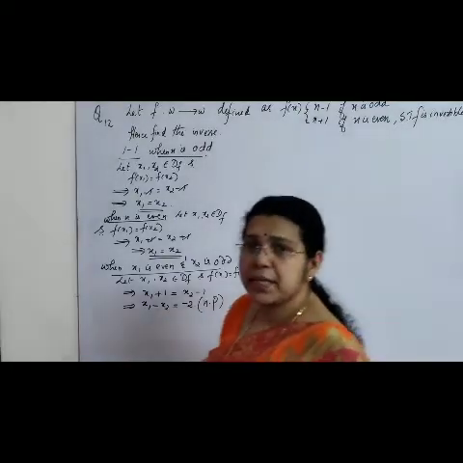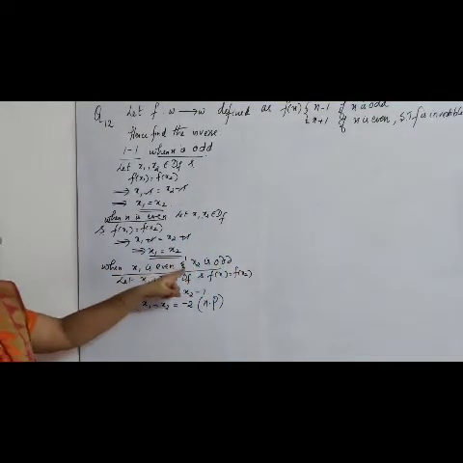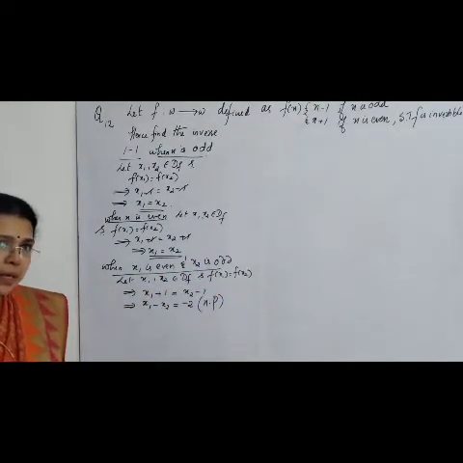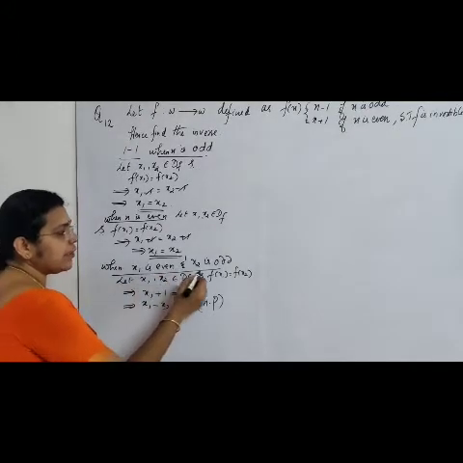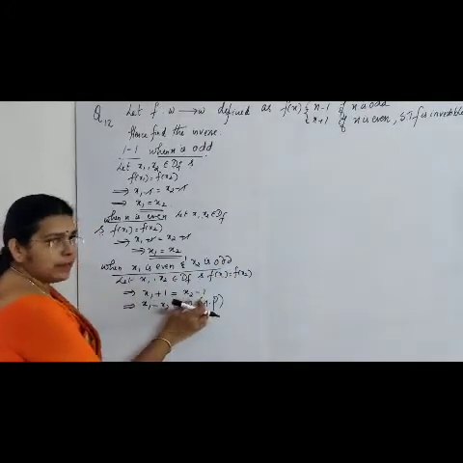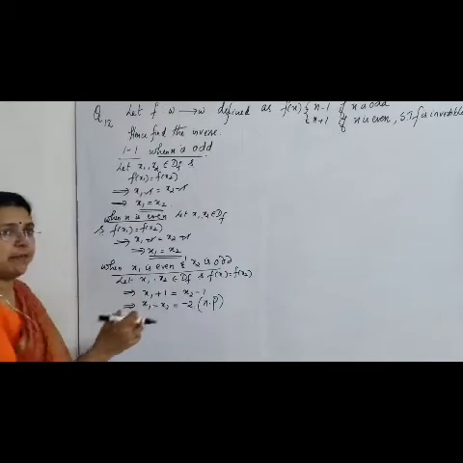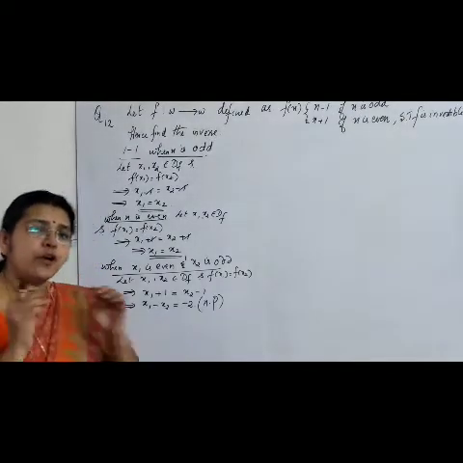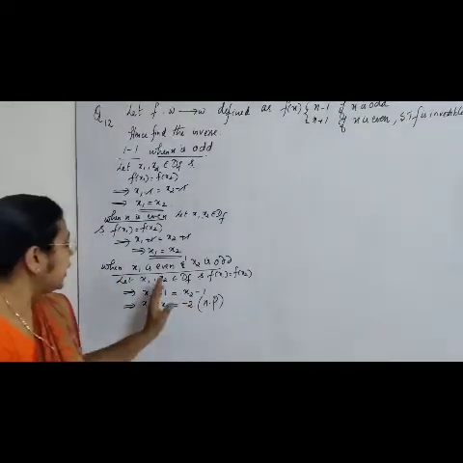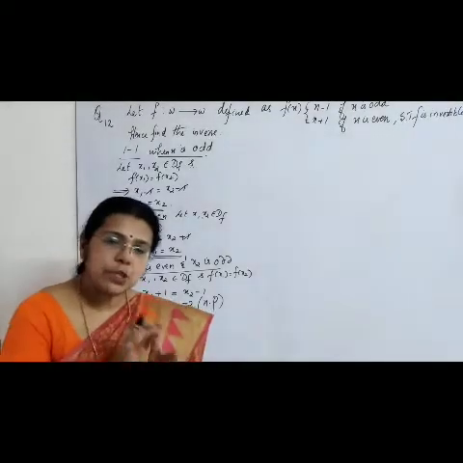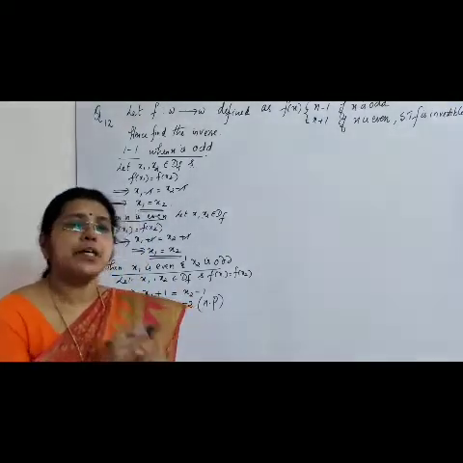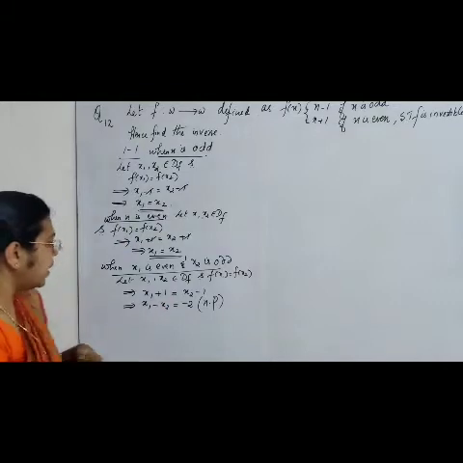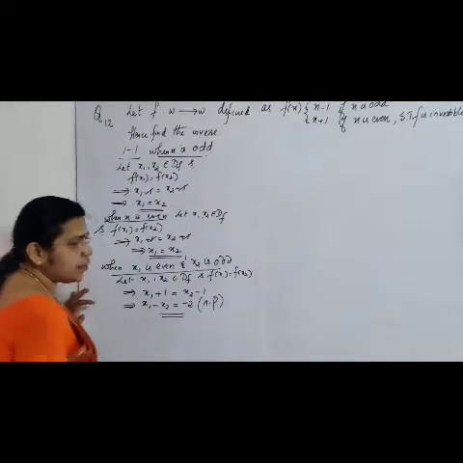The same thing happens when x1 is odd and x2 is even. Am I clear about what I am saying? When I take x1 as even and x2 as odd, I must use two different function rules, and I finally find that the difference between the odd number and the even number is 2, which is a contradiction. You take x1 as an even number and x2 as an odd number, and the difference will never give you the value 2. So this is not possible, which means it is a contradiction.